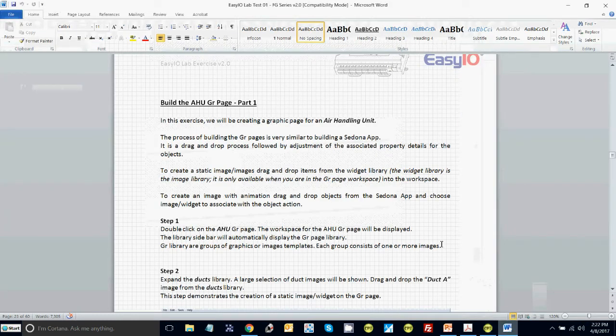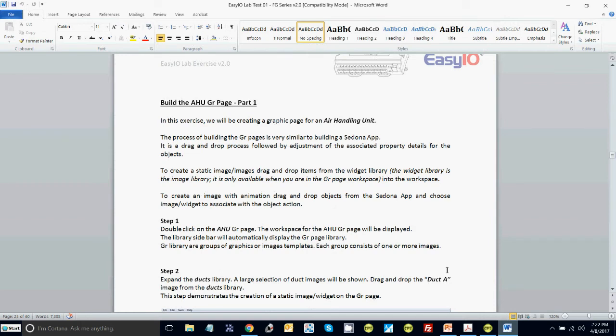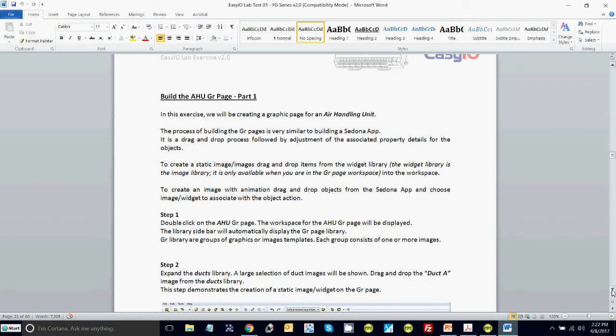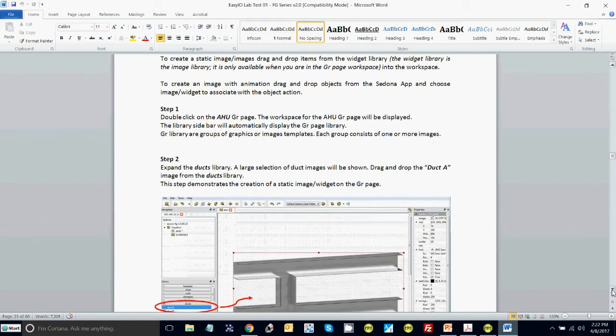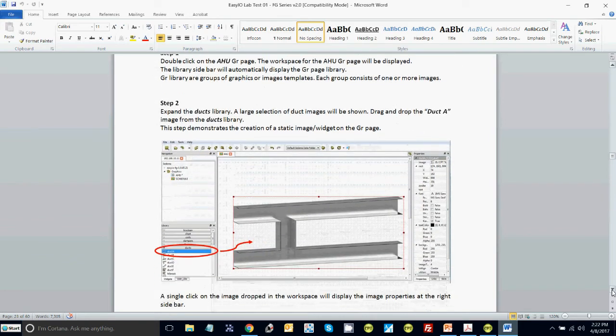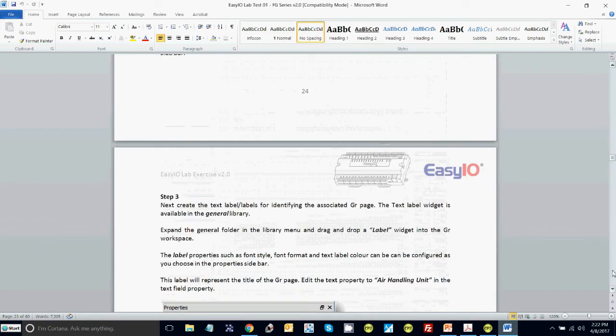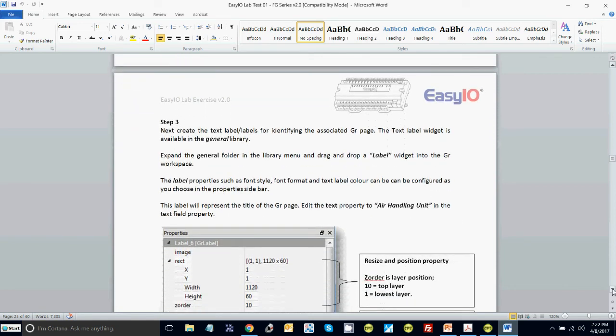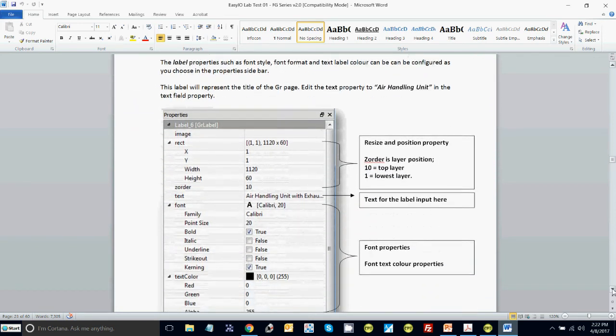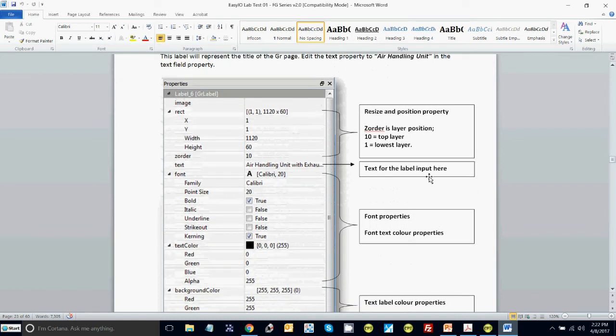And the library bar will automatically display on the left, which we've seen. And then what we're going to do is expand the ducts. We've already done that. Duct A we've already brought in. And the next step is to add a label, which we've also done. Just check all the properties are here, the way the document says. Make sure the Z layer, the Z order. We have 255 layers, so